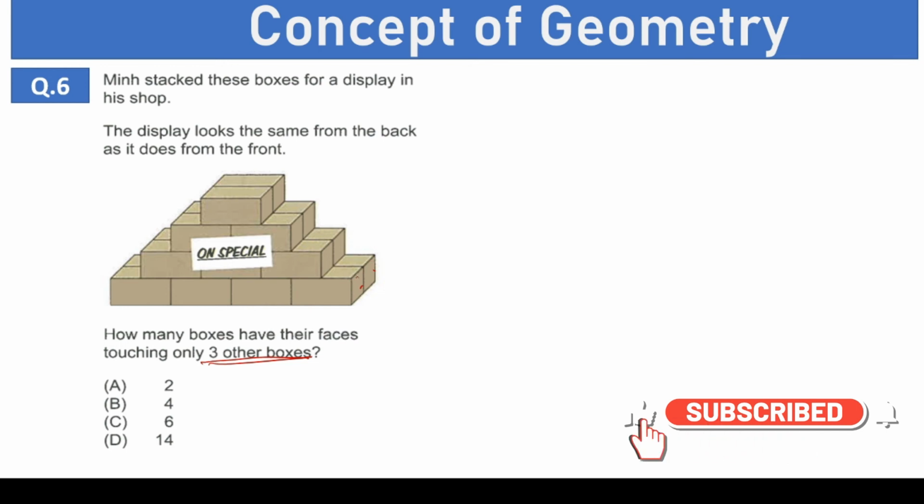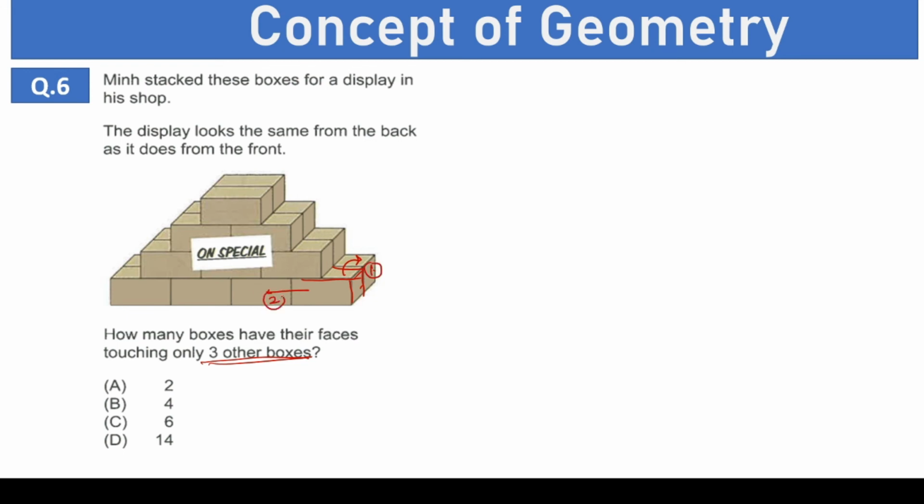So, here, this box that we look at is actually touching the adjoining box here and the side box here. So, this is the first box it's touching, this is the second box it's touching, and then the top box is the third box it is touching. So, similarly, the box next to it is also touching 3 boxes. So, both of these first 2 boxes are touching 3 boxes each. Now, let's move to the box behind. That is, let's move to this box.